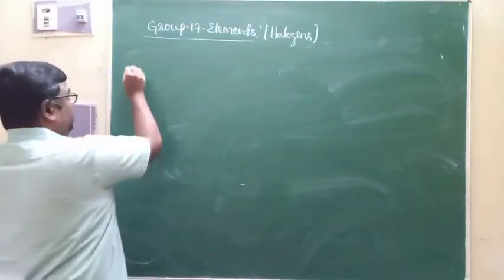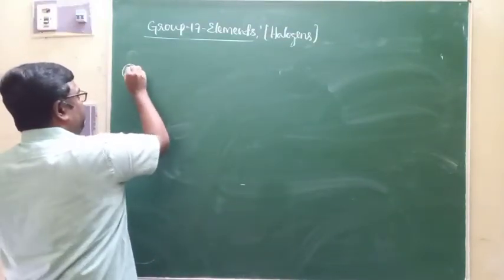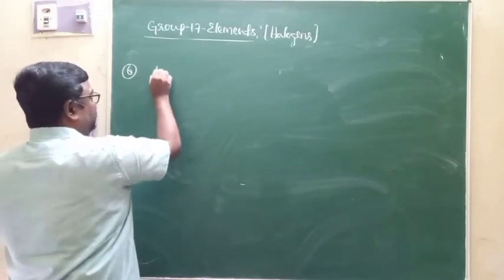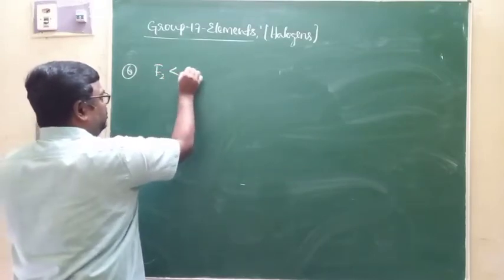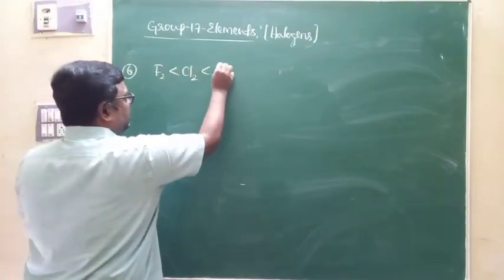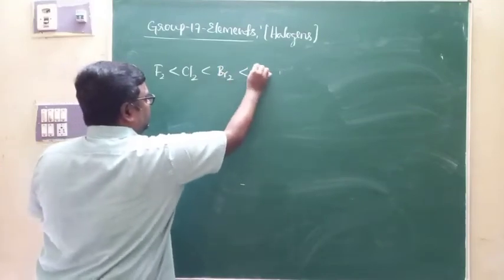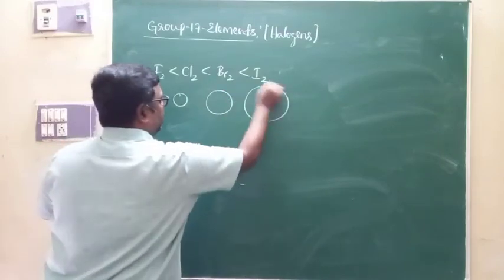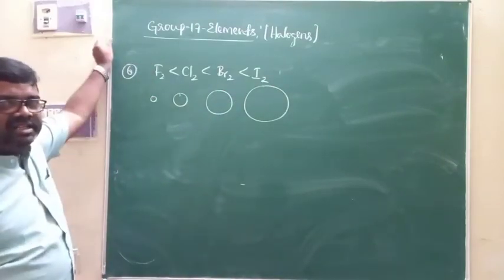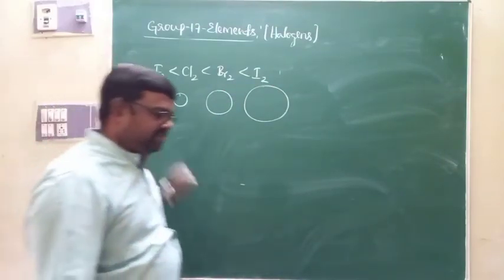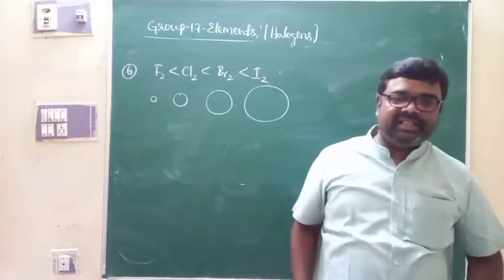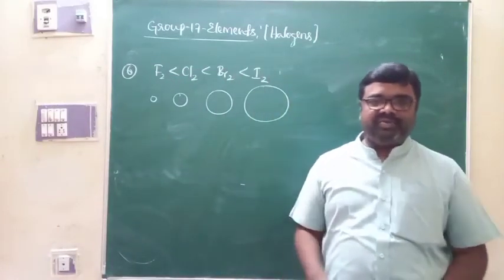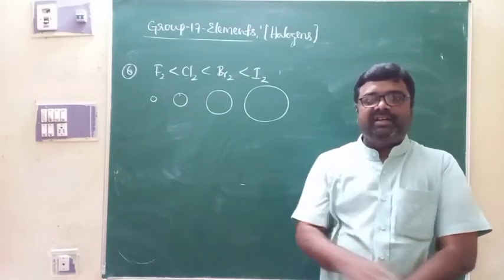Apart from that, next are the melting and boiling points. You know that the melting and boiling points of fluorine are less than chlorine, which are less than bromine, which are less than iodine, because from fluorine to bromine and iodine, atomic size and molecular size increase. So as the atomic and molecular sizes increase, van der Waals force of attraction increases, and thereby